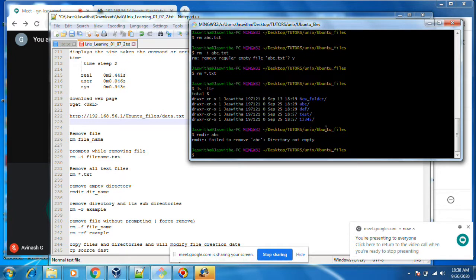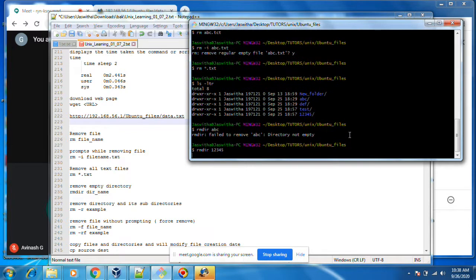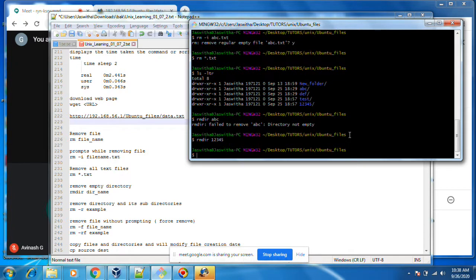Okay, this is not an empty directory. That's why it is not removing. It is showing that the directory is not empty. Only an empty directory can be removed. Okay, done. It is removed.